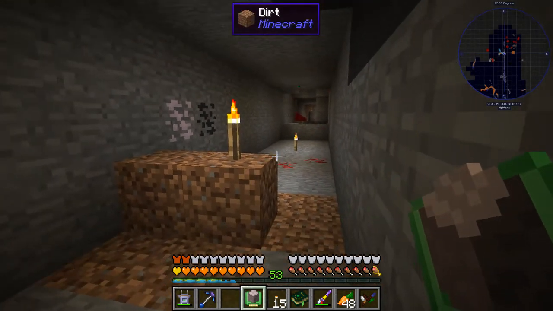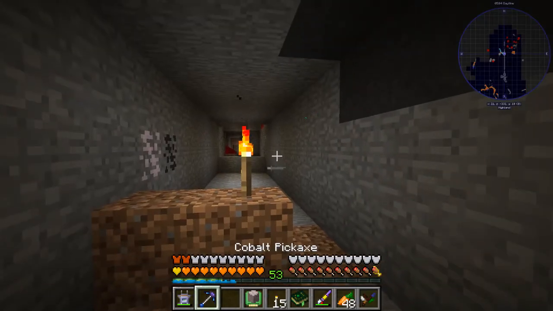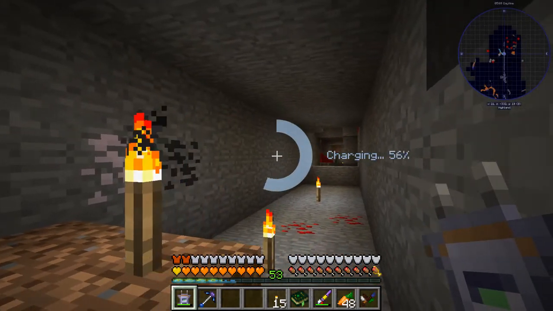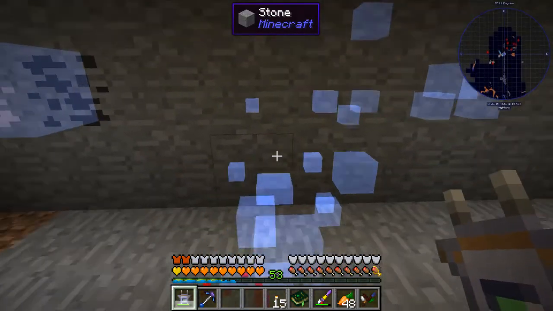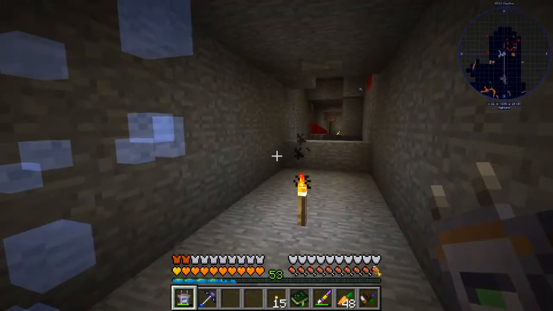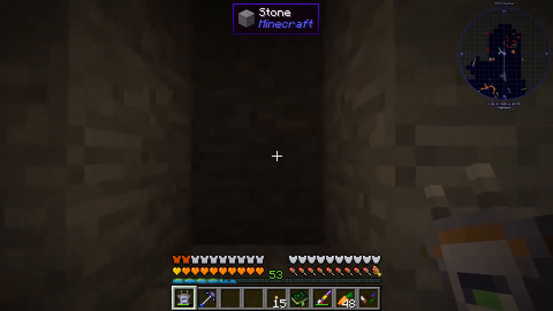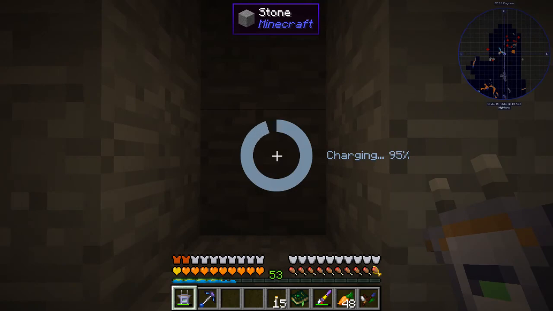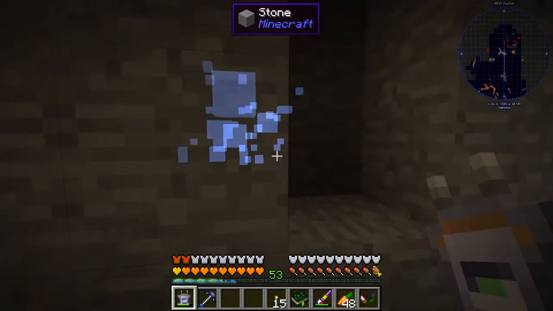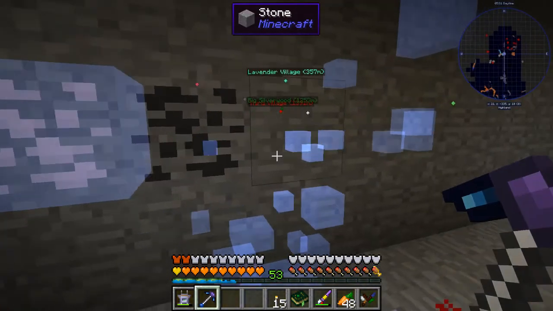So I'm going to right-click that, because I found that, and that's all I needed. So now we have this block bound to magnesium. If I open my scanner and throw this in here, you'll see it shows our bit of magnesium. And you can use this elsewhere in the ground. See, like that. You can use this to find other veins. So it doesn't spawn in too many places, but when it does spawn, it's in large chunks. So you do find a lot of it. Like if we went in here...